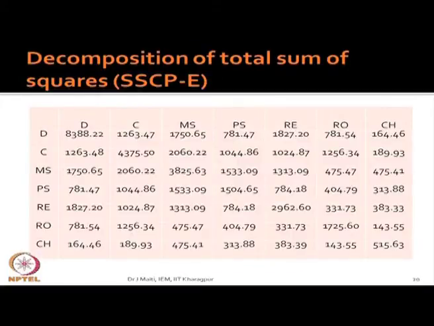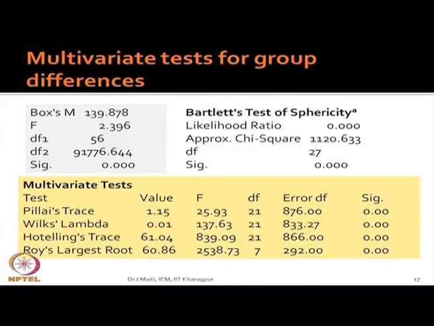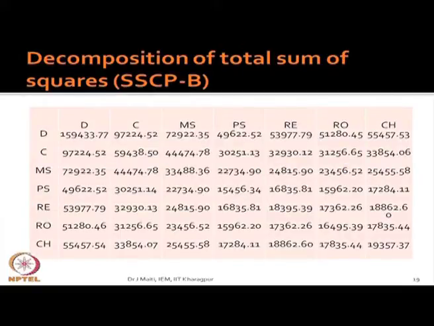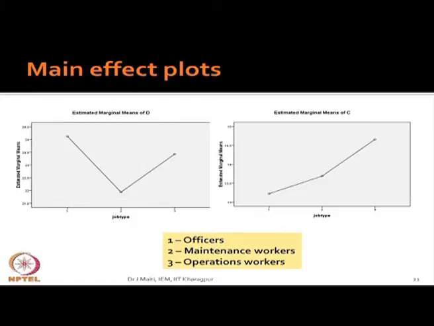These are basically the computation part that I showed earlier, and you all know how to compute, although I have shown you the result of all the multivariate tests. Wilks' lambda will be the determinant of SSCP E divided by the determinant of SSCP T. These are the computational formulas you will be using, and this is the data decomposition. This is SSCP B, between the group populations, then this is the error covariance matrix, and those two are combined to give this one.